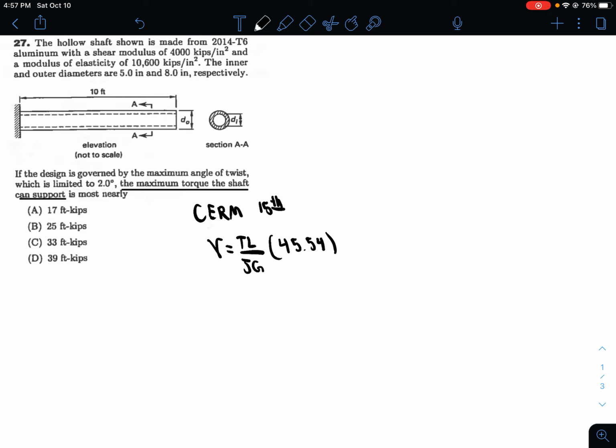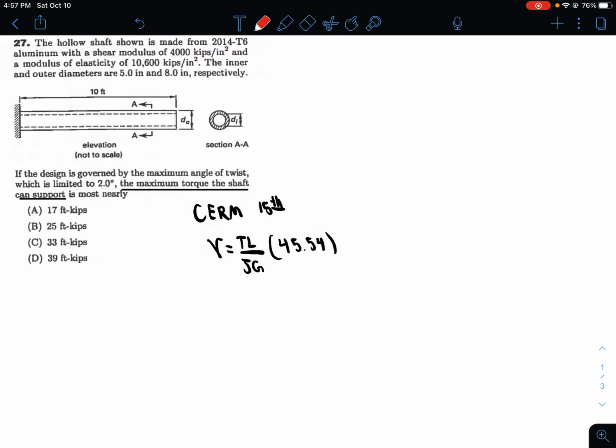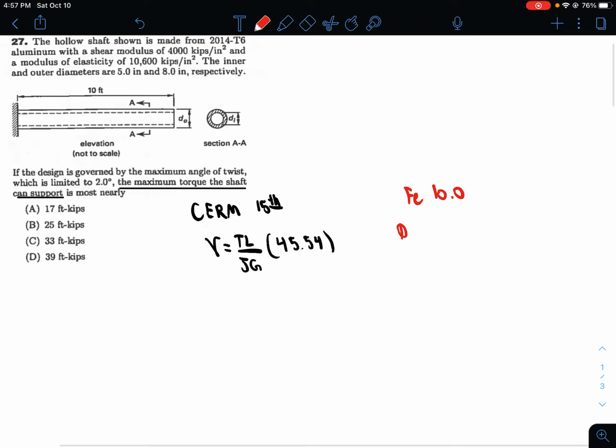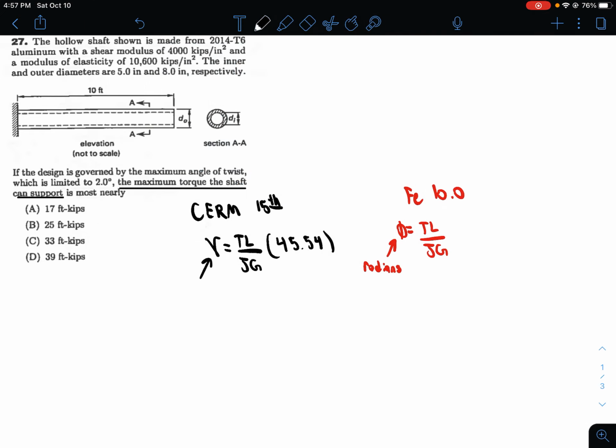45.54. Now in regards to the FE, and I'll do that in a different color, FE 10.0, they have it a little different. For torsional strain, it's the same concept, but they have it as phi equals TL over JG. Regardless, this phi or this gamma, the units are in radians. So that's something you have to be careful of,